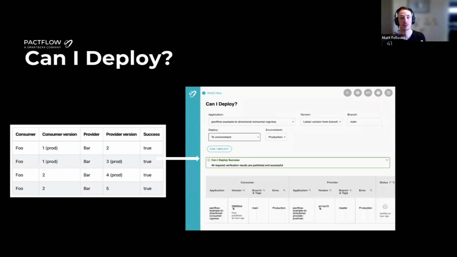And it gets all this information from all those consumer contracts, from the version information of all the applications, knowing about which environment things are being deployed to, the verification results, and all these things. And it builds up this gigantic matrix of information that knows which environment and which applications are compatible, which applications are linked to each other in which environments. And that is what's going to power the decision-making to say, is it safe to make this change to production?